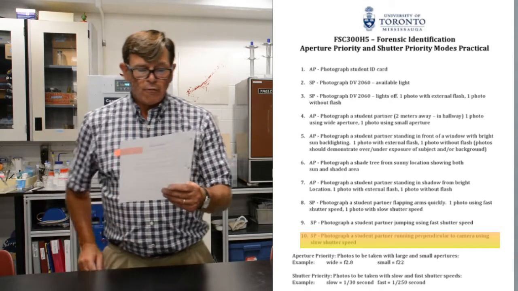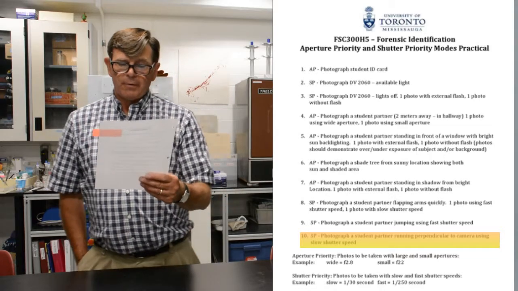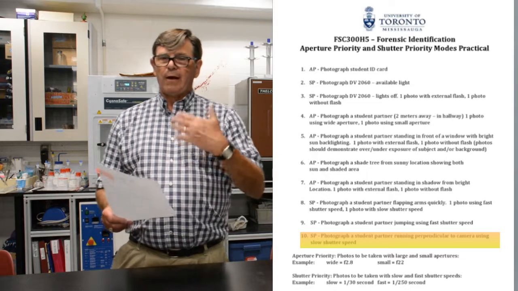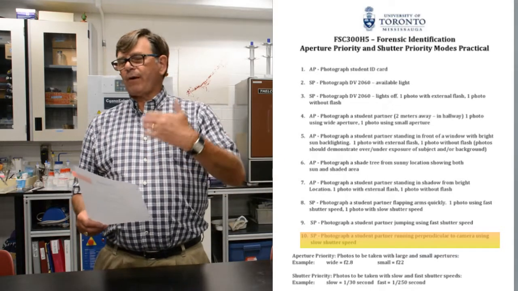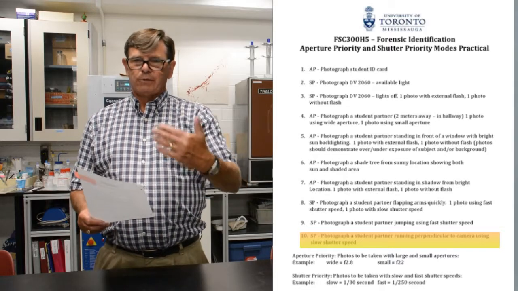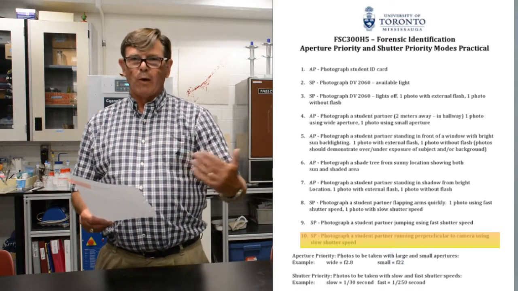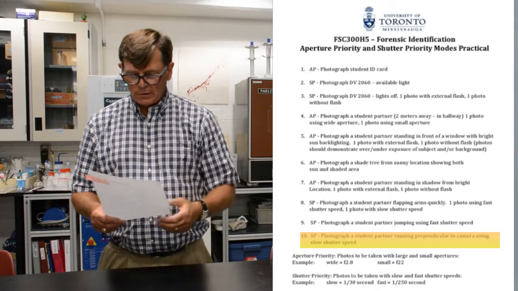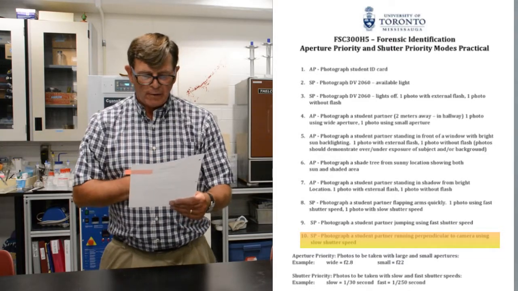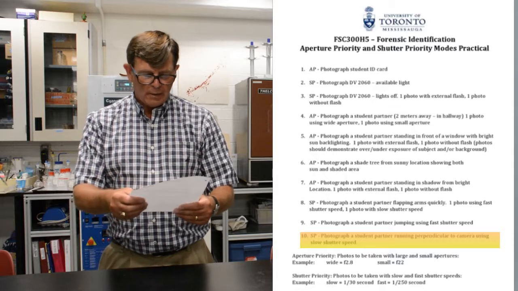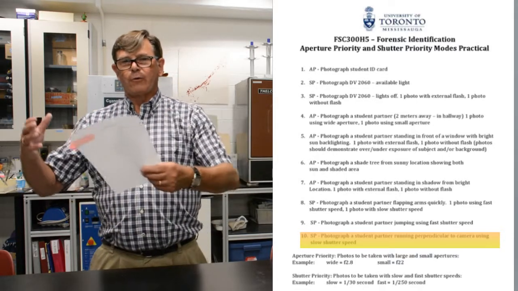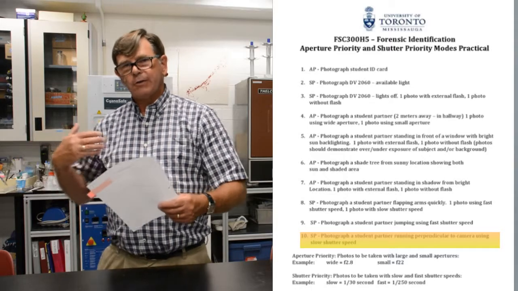shutter priority. Photograph a student partner running perpendicular to the camera using a slow shutter speed. So you need to have the student in fairly close proximity to where you are, but I would suggest a few meters away, running perpendicular to your position, so running straight across in front of the camera. In that particular case, you're using a slow shutter speed, hopefully to create that blurring effect to show that motion